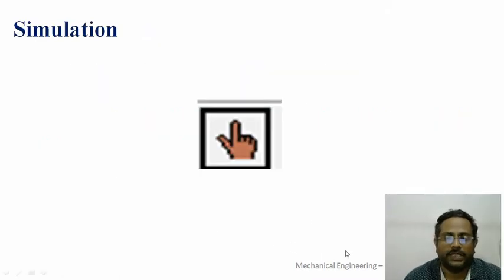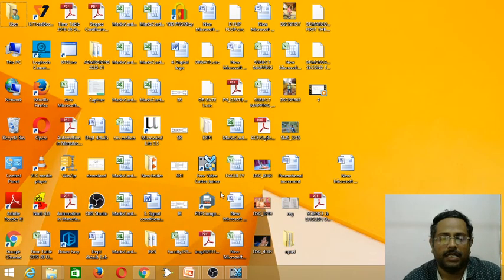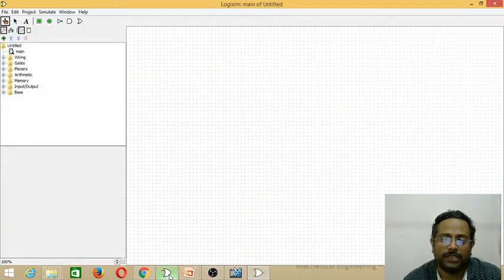Next, we will see the simulation of these logic circuits to prove De Morgan's first and second theorem in Logisim 2.7.1. For that, first we have to open the Logisim 2.7.1 software, which is installed in our system, by clicking on the gate symbol on the desktop or in the taskbar.